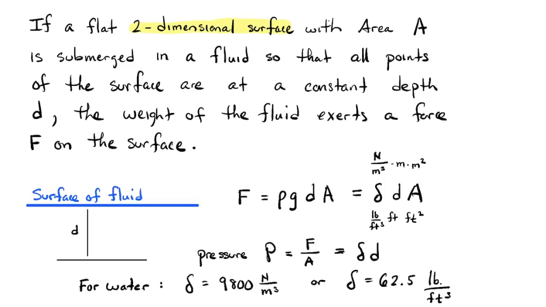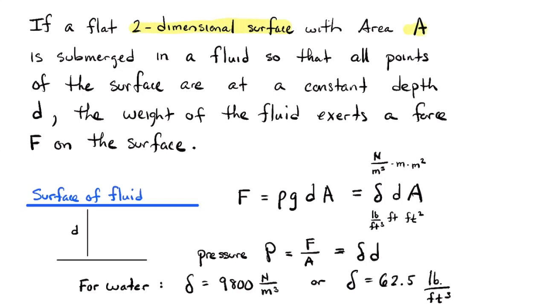So think of a piece of cardboard or something like that, but we're ignoring the thickness. So we only think of it as two-dimensional. It has a length, it has a width, it has no thickness, it has no volume. So you take a two-dimensional surface with a given area A, and you submerge it in some fluid so that